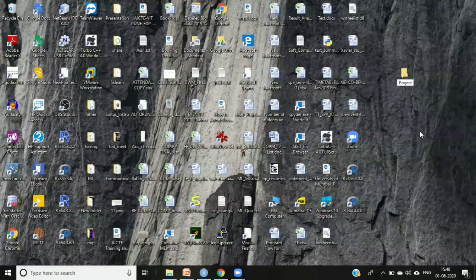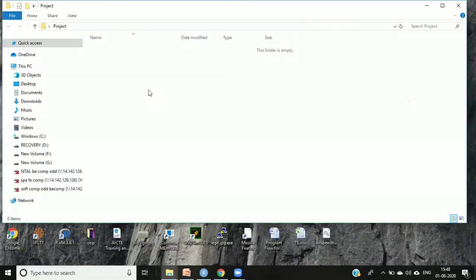Why are we creating this folder? Whatever things we'll be doing will be inside this folder. Now we have to set this folder as the current directory in that software.